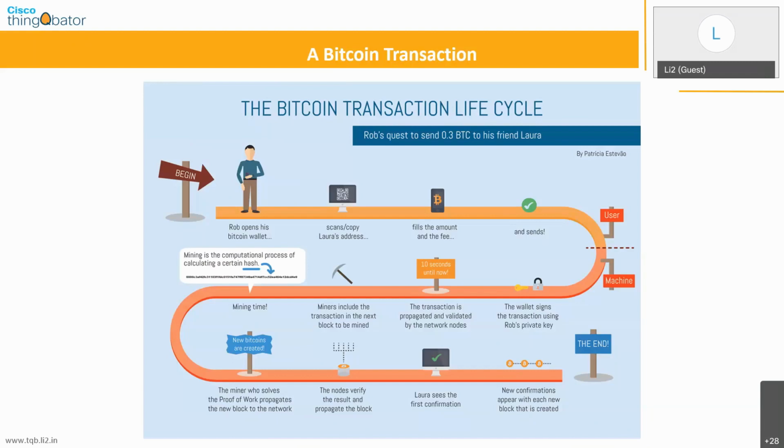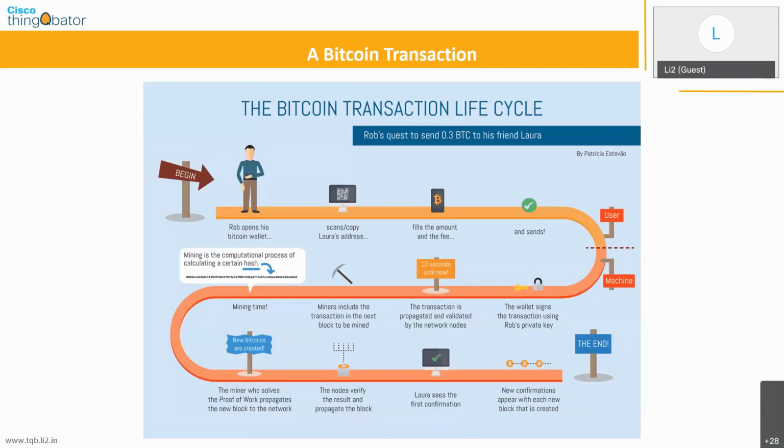They can either use a paper wallet, a hardware wallet like a USB token, or an Android app or an iOS app to create a wallet, right? The moment they create a wallet individually, both of them will get a private key as well as a public key. Now Rob is sending the bitcoins to Laura, so Rob will need access to the public key of Laura. It can be a QR code that Laura sends, which Rob can scan,